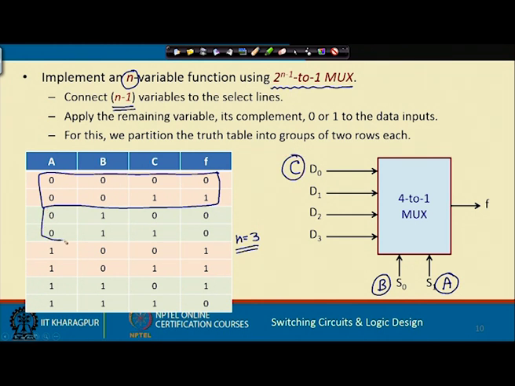Let us look at the second pair of rows now. Here you see that the outputs are 0 and 0 irrespective of the value of C, it is always 0. So, you apply directly a value 0 here in the second one, where a b is 0 1. Next 2 rows where a b is 1 0, you see irrespective of C the output is always 1 1. So, you apply a 1 here, and the last pair